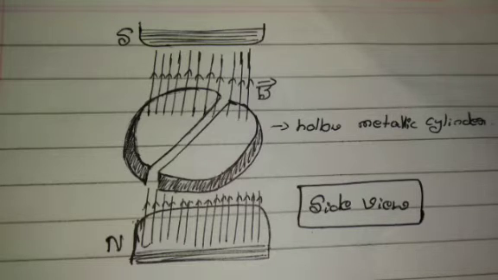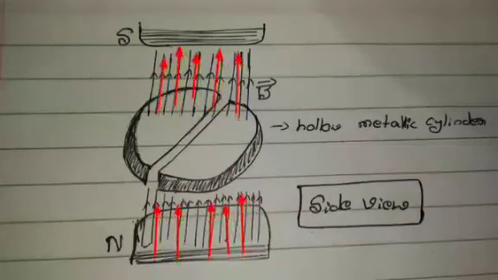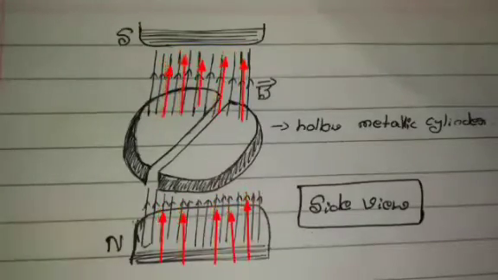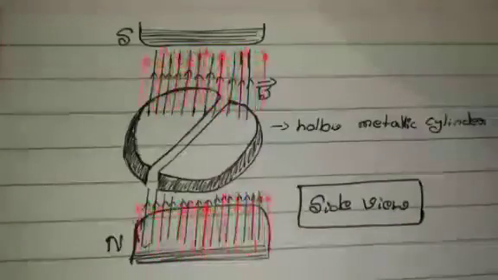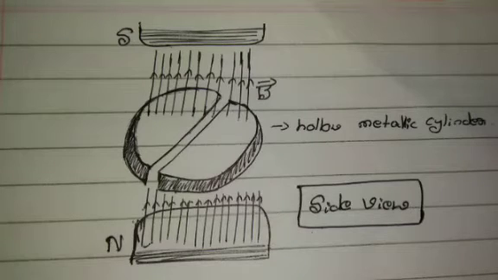Here these D's are placed between two magnets. The diagram shows two magnets, one magnet at the north pole and another one at the south pole. It is clearly shown in the diagram. And here the magnetic field lines are going upwards through the D's. The direction of the magnetic field lines is in the upper direction. It is clearly shown in the side view of the cyclotron.